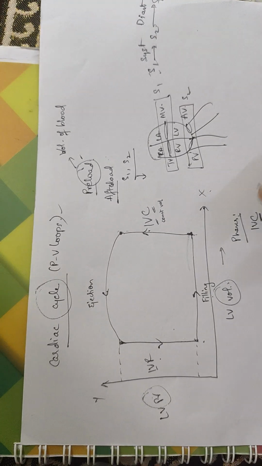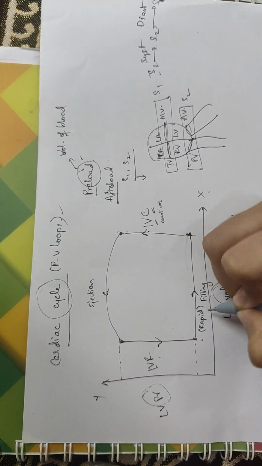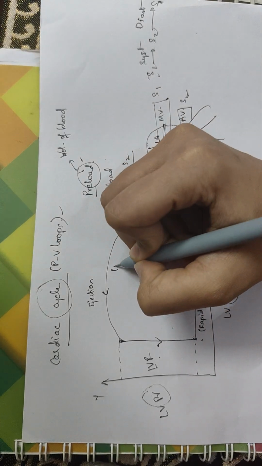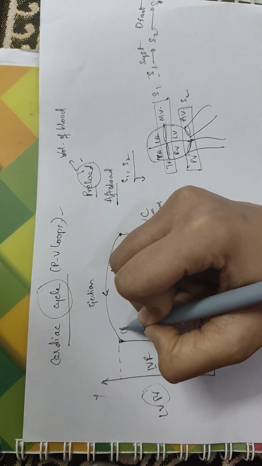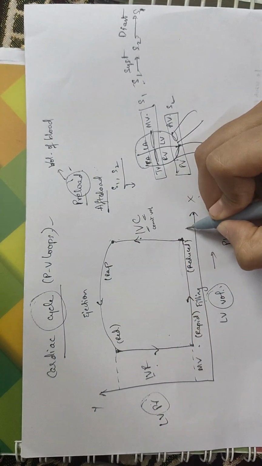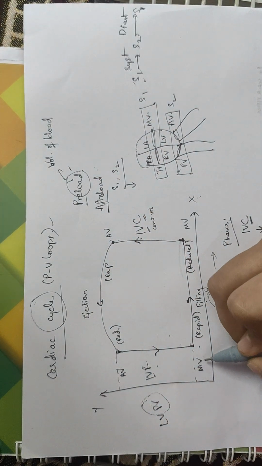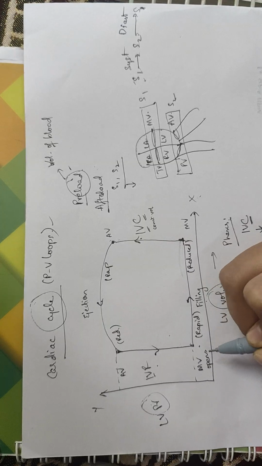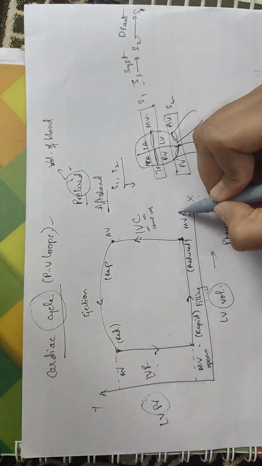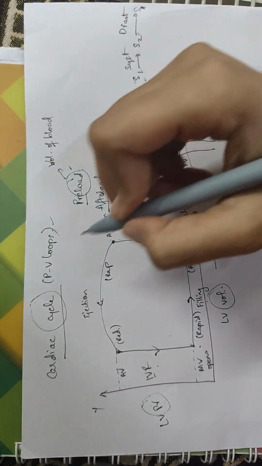Next, in filling you have rapid filling, then comes reduced filling. There's rapid ejection, then reduced ejection, correct? So we have the mitral valve here, and the aortic valve here. The mitral valve opens so that your ventricles start filling, then the mitral valve closes. Then the aortic valve opens so that you can push this blood,